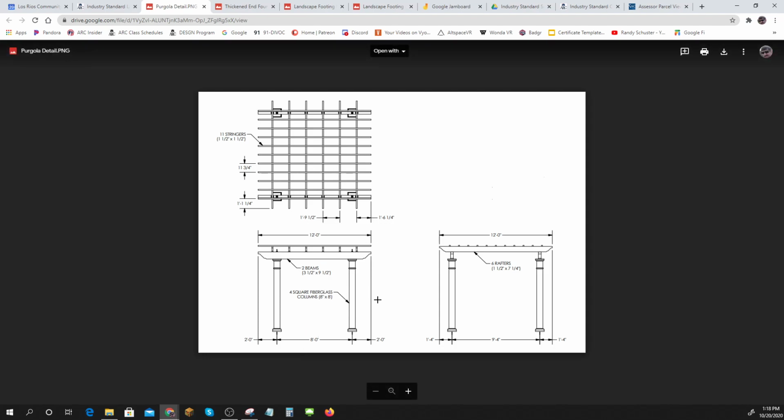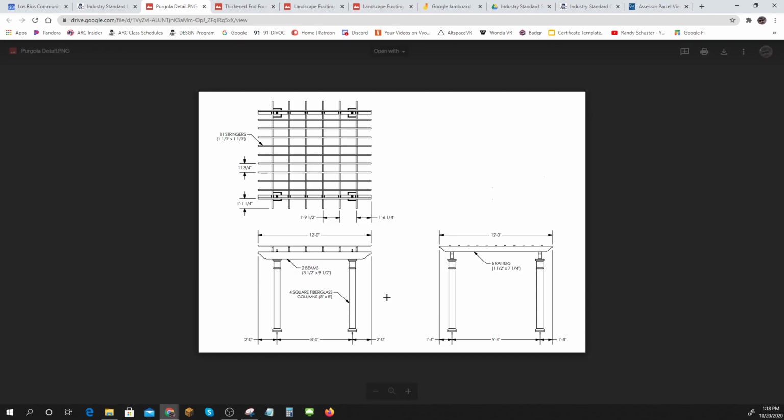And then, but this is where you do need to give submittals to the planning department, because usually they're going to make you do a different amount of calculation depending on the span. So if you've got an 8 to 10 foot span, usually there's just standards and you don't have to do